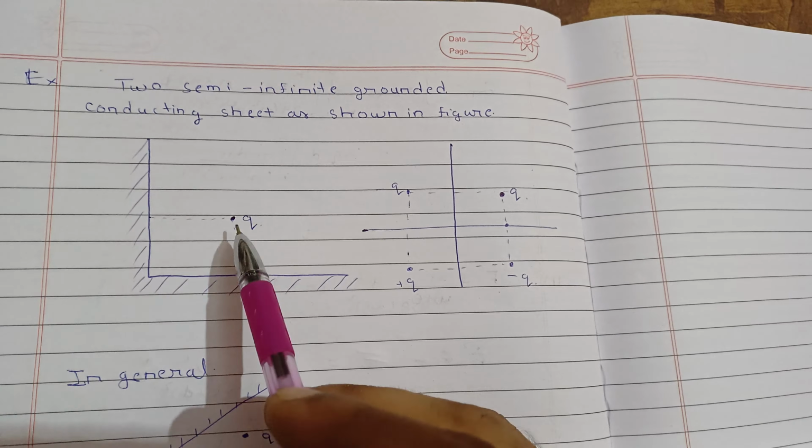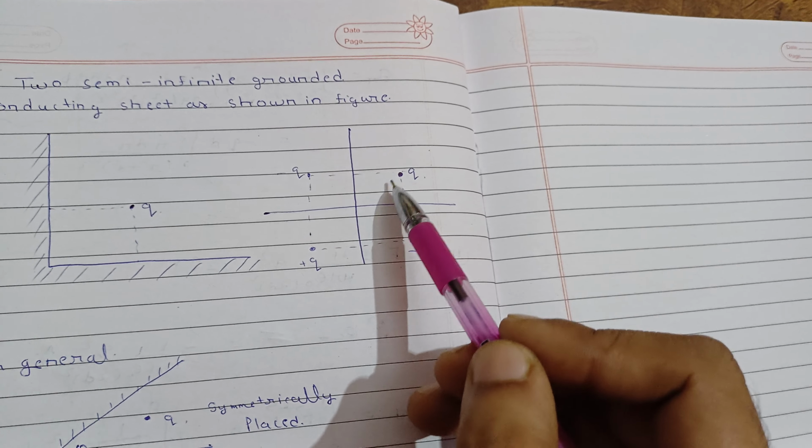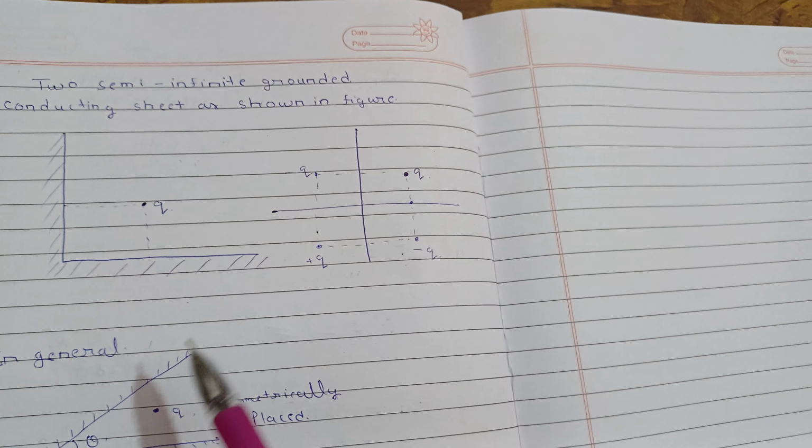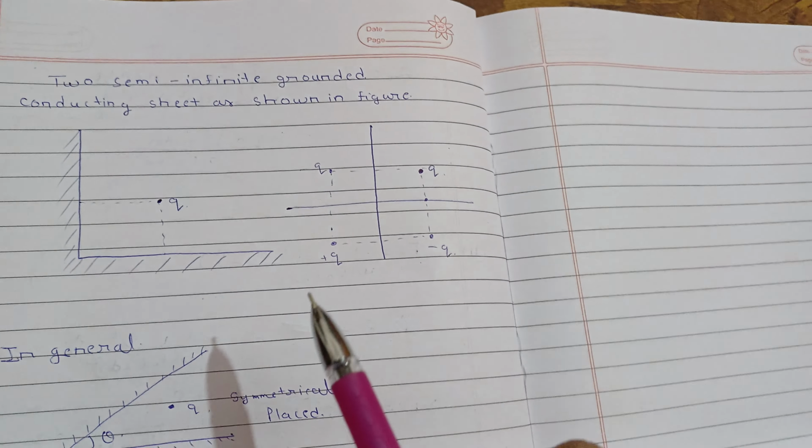Now you can find the force on plus q, because this is again a simple situation. Force due to this will be in this direction, force due to this will be in this direction, force due to this will be in this direction. So find the equivalent of this, it will be in this direction, these are two opposites, so net force will be given by these two, by the difference. So that's how you can calculate simply.